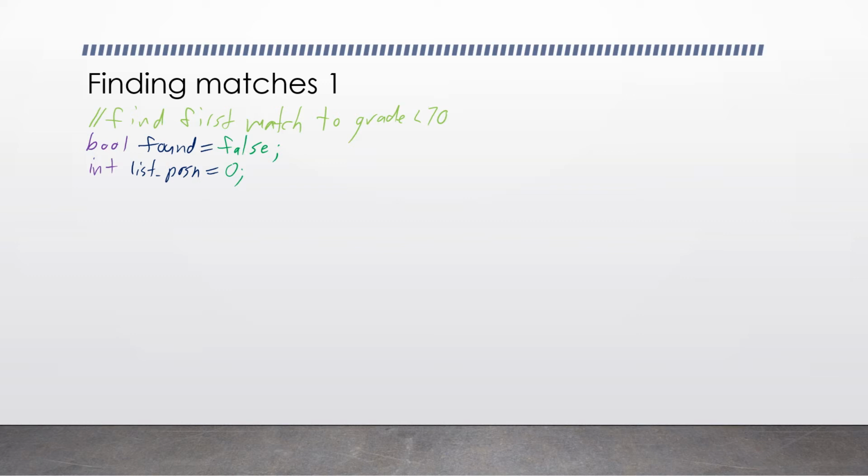I'm going to assume here that I'm using a vector in C++ or an array list in Java or a list in C# so that it knows how many it has. Okay, so I'm going to say while not found,